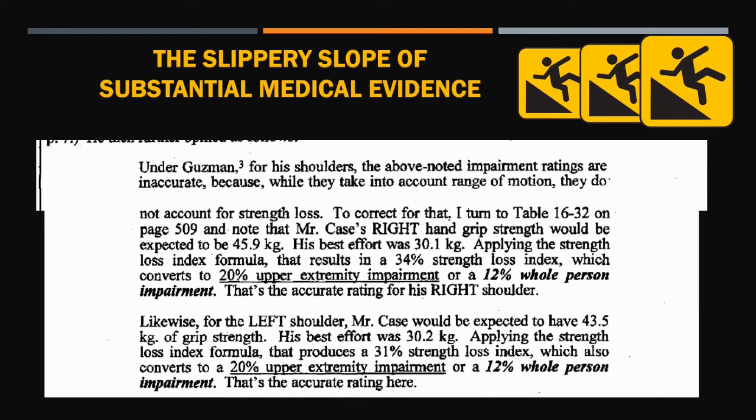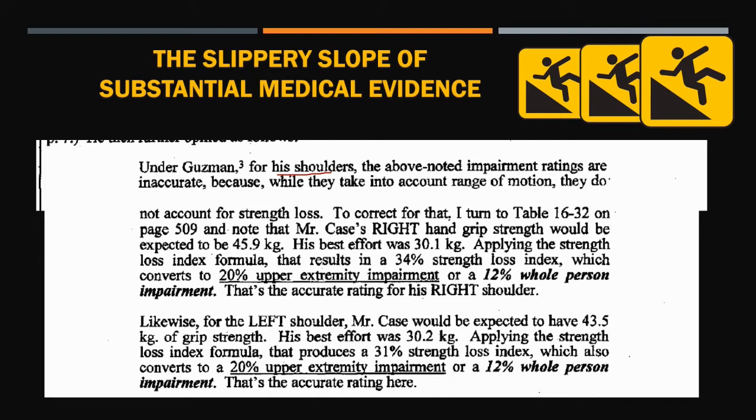The medical evaluator stated, and this is from his report, he said, under Guzman, for his shoulders, the above noted impairment ratings are inaccurate because while they do take into account range of motion, they do not account for strength loss. Now, the impairment rating due to loss of range of motion came in at 5% whole person impairment, 3% for the left shoulder, 2% for the right shoulder, but he states here they do not account for loss of strength, and